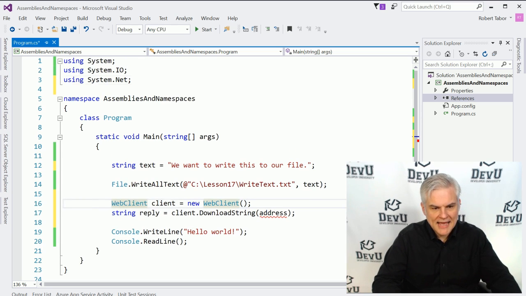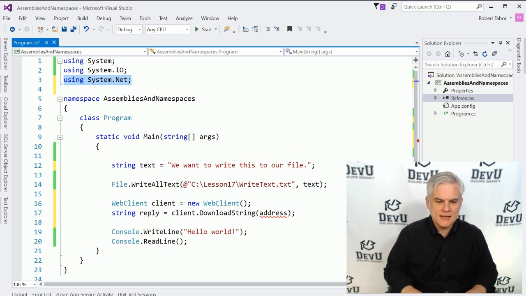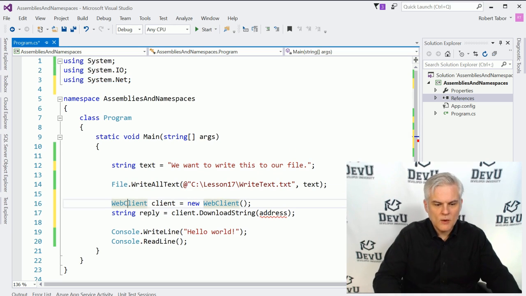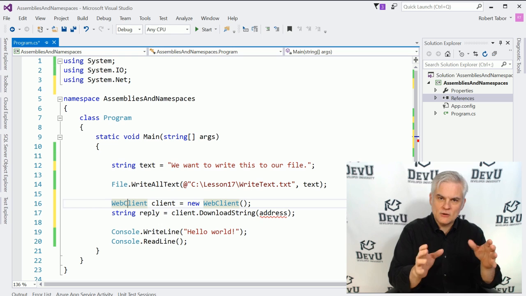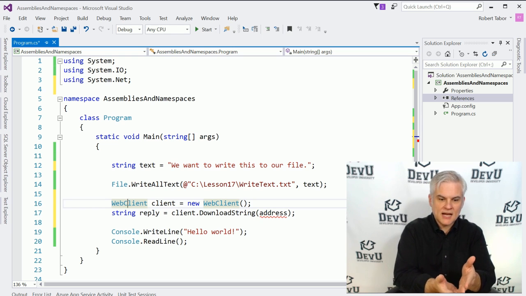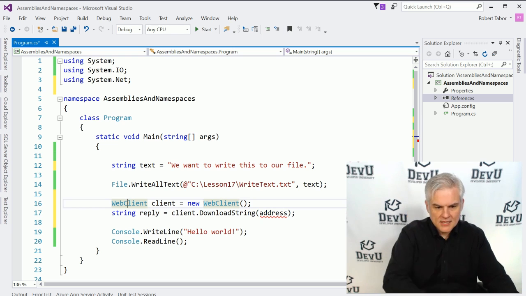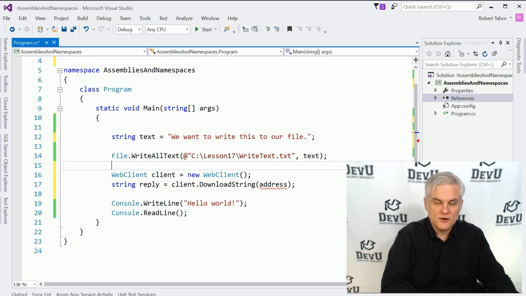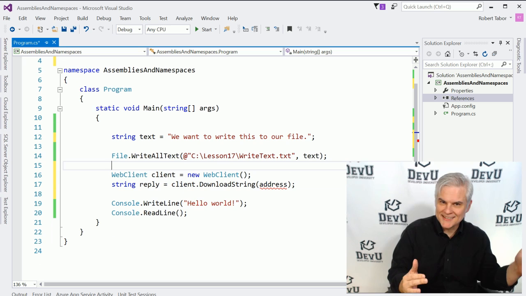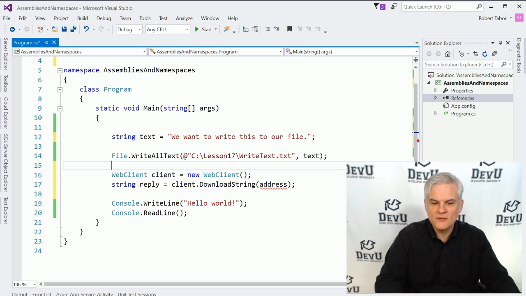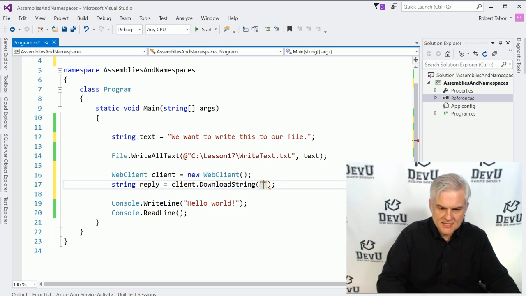Notice what happens. It adds a using statement for System.Net, and then notice that the WebClient class is now found. It is obviously in a different color. There's no red squiggly lines, so it looks like it found the correct class that we're looking for. Now we merely need to give it a URL, so let's try